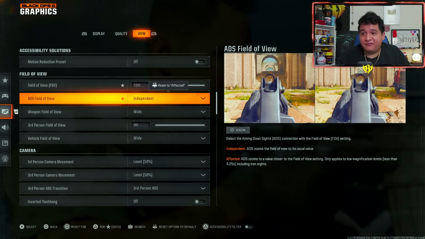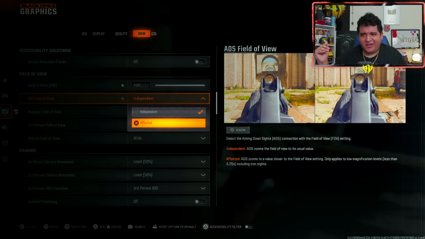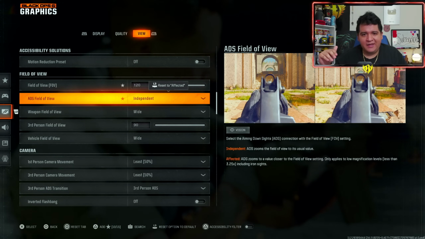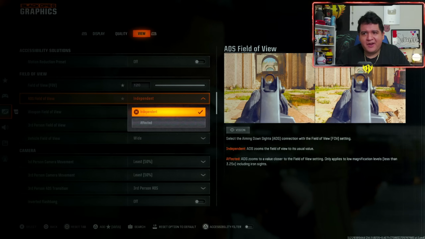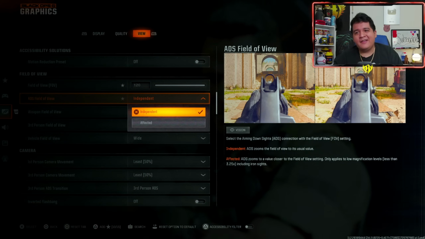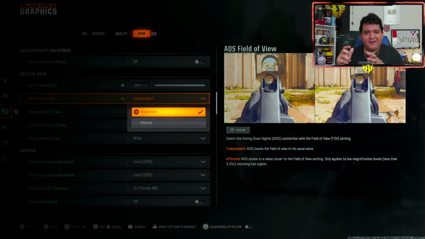Now when it comes to ADS field of view, you can either do independent or affected. Most YouTubers slash content creators, they go for the affected, which keeps your FOV at 120 when you're ADSing. Which is nice because you do see a lot of the screen, but when you're ADSing, you're technically trying to focus in on something, and that's why I like independent. When you rock independent and you ADS, your FOV goes to 80, which allows you to see less, but you're